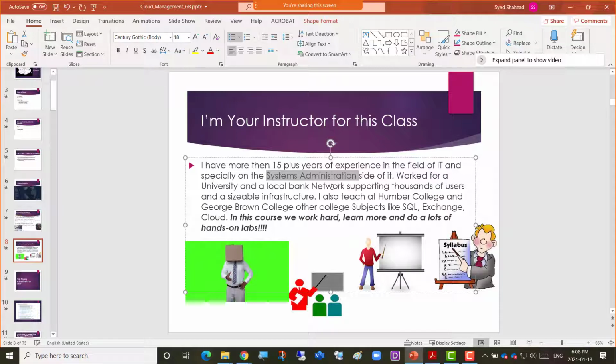So we're going to go a lot in depth with the cloud-related topics. The introduction to cloud, obviously, what is it, how does it really work, and why cloud is so much in the market. So we're going to talk about that.